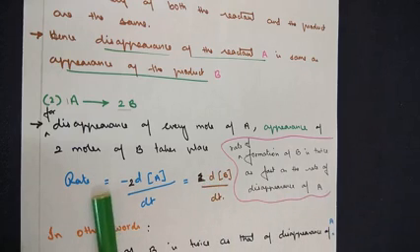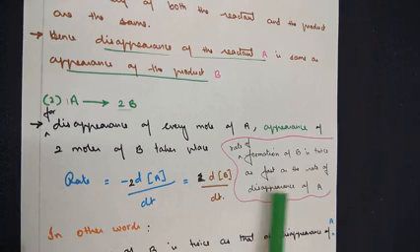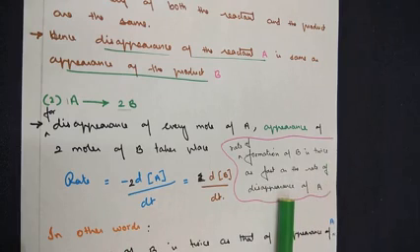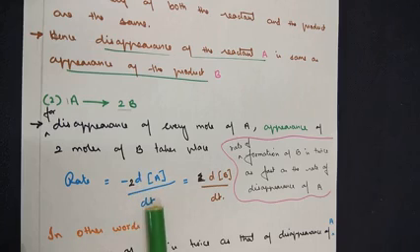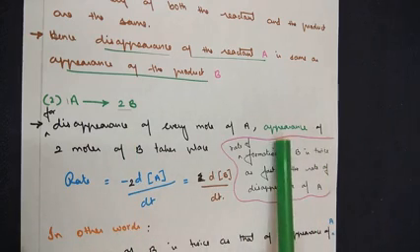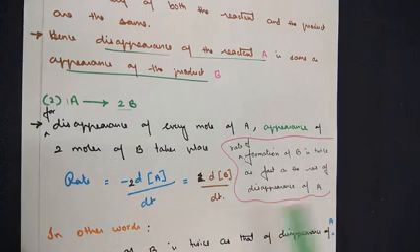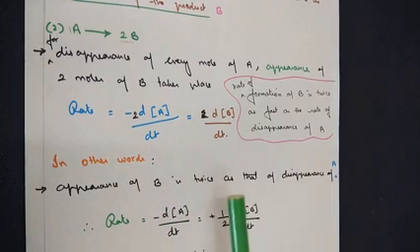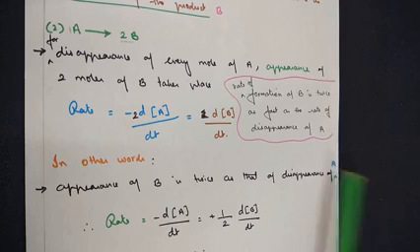If we write it in terms of an expression, the rate is equal to twice the rate of disappearance of A, so minus 2 d[A]/dt. We write the term within the square bracket because we are talking about concentration in terms of differentiation. The 2 stands for the disappearance of A giving rise to appearance of 2 moles of B, which is equal to d[B]/dt. In other words, to understand better, appearance of B is twice that of disappearance of A.